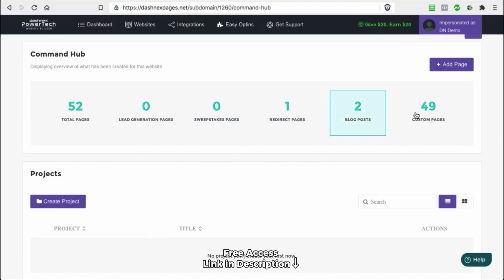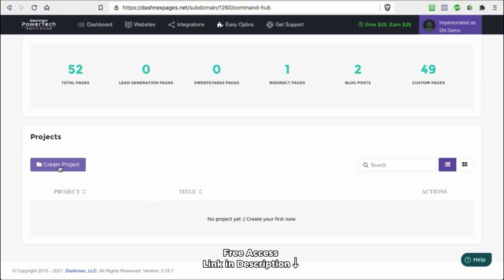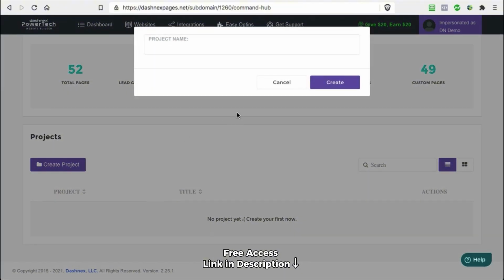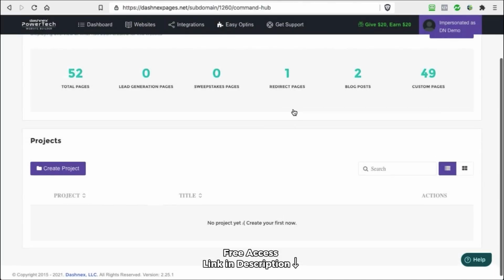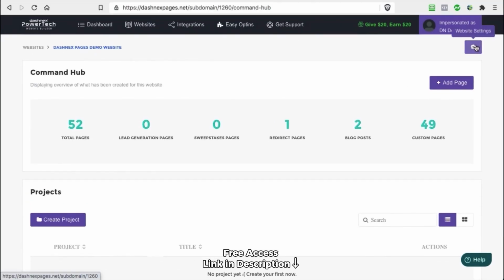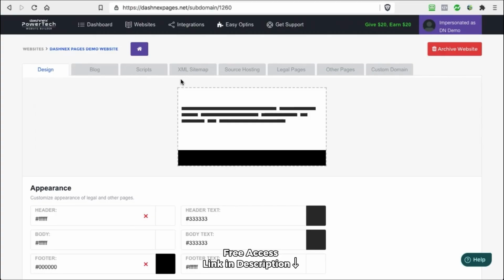You have access to all the pages on your site. You can also create projects and organize pages in projects so that you can better navigate your website on the back end. And then you can also access the website settings, which typically are necessary when you just launch your